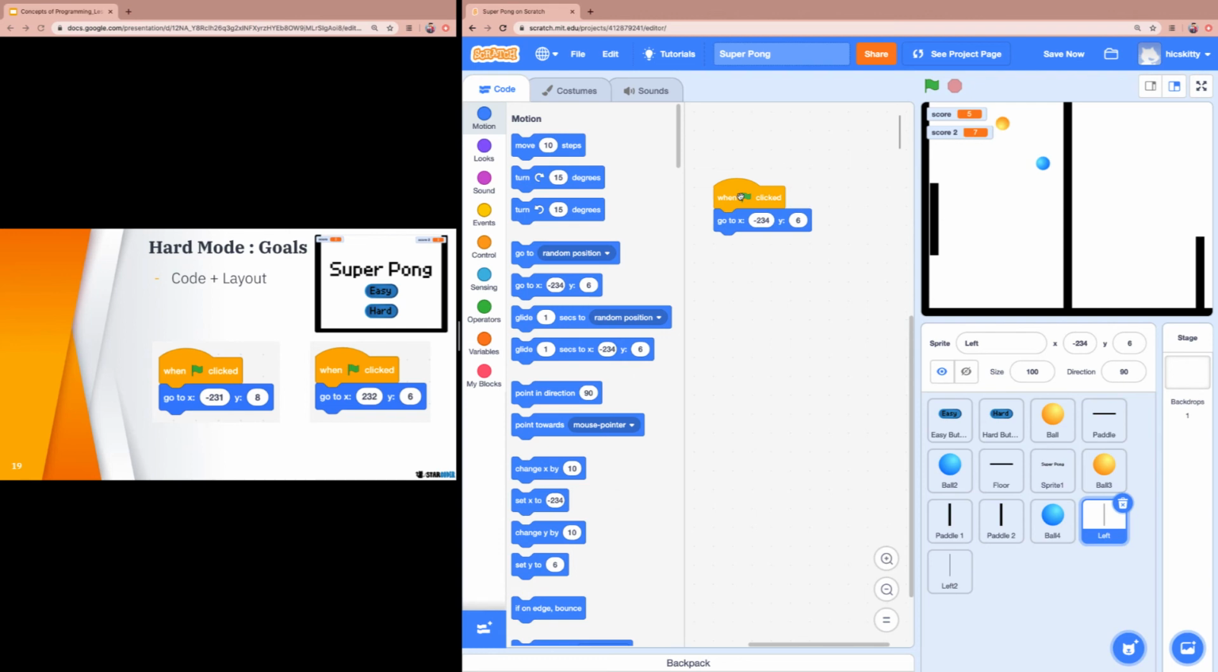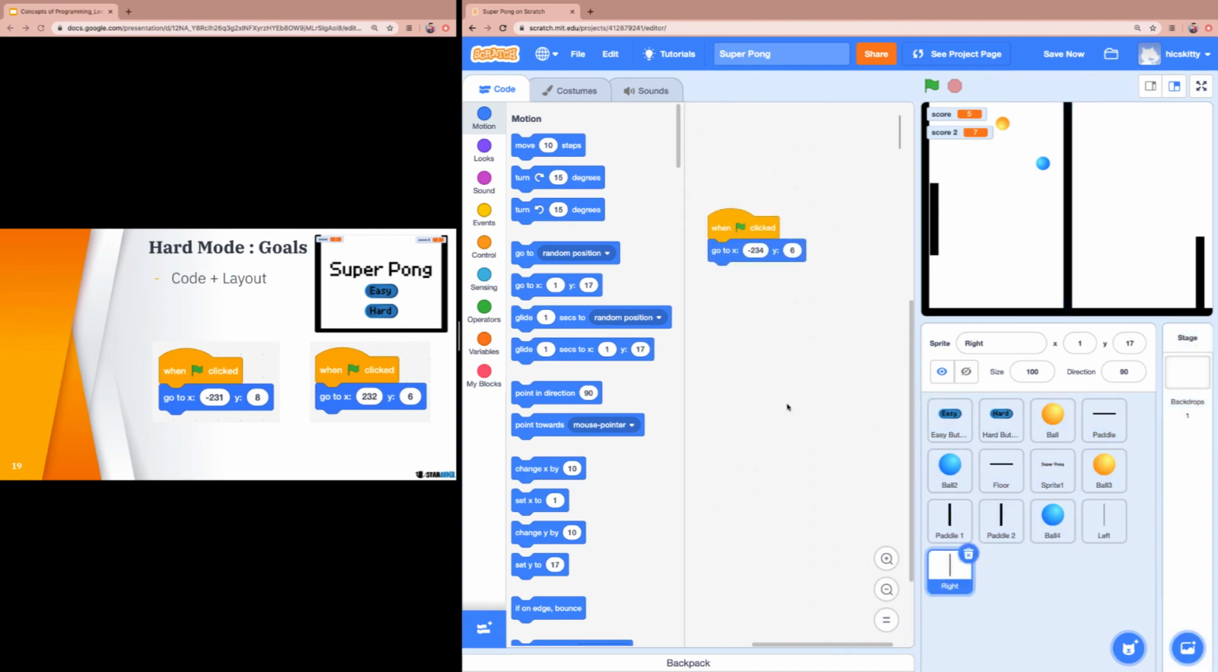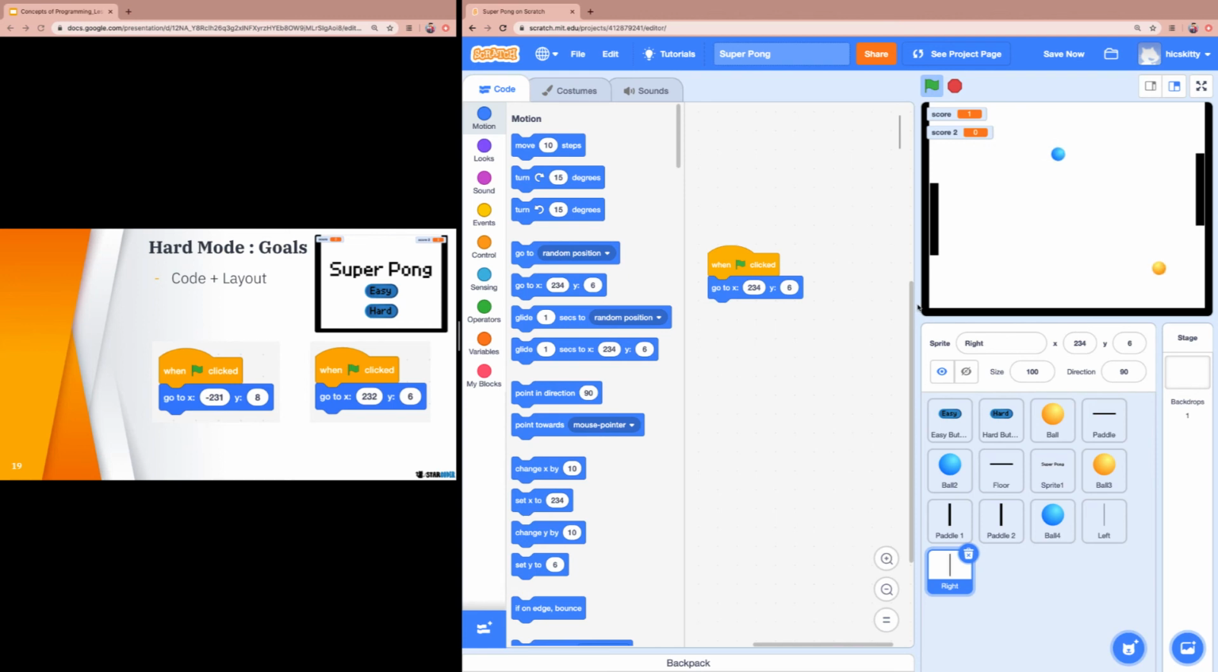And then instead of just kind of taking this and doing the same thing for the right, which I need to name right, what I'm going to do is I'm going to duplicate it by dragging it in. And the only thing I need to change is change this to positive. So now when I click the green flag and I click hard, these are going to be at the exact